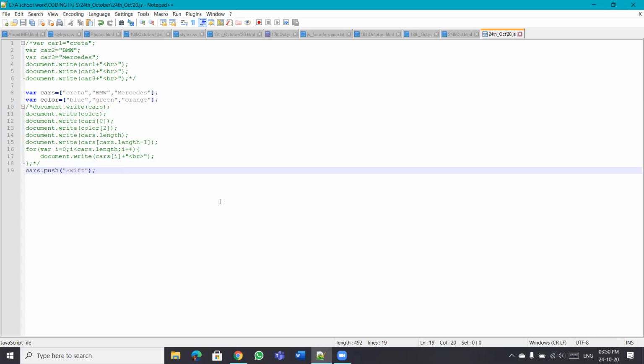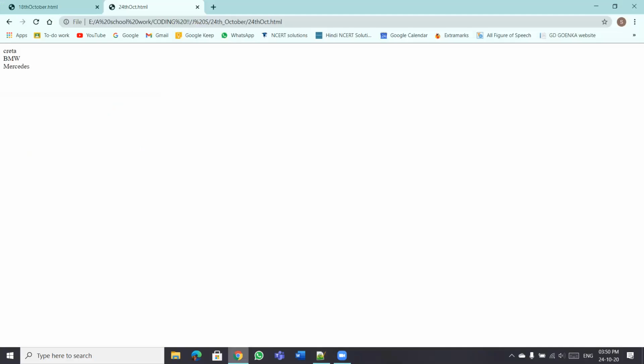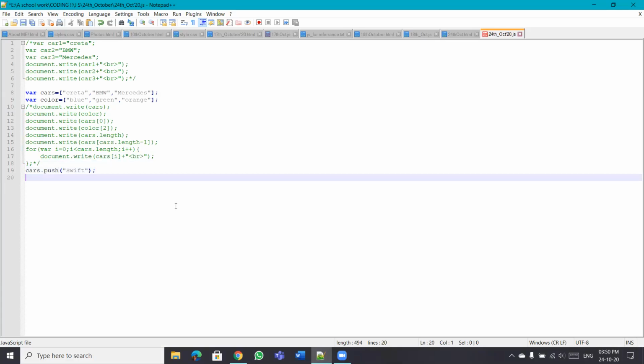Okay, so what you are doing is adding a new value, Swift, within the cars array. Now let's see whether it has been added or not. So just write document.write. Now you have to do document.write, and then in brackets, just say cars. It's okay. You can print all the values as such, not the individual index values. Okay, let's save it and show me. Okay, Swift has come now. Okay. Right, let me go to Karan.